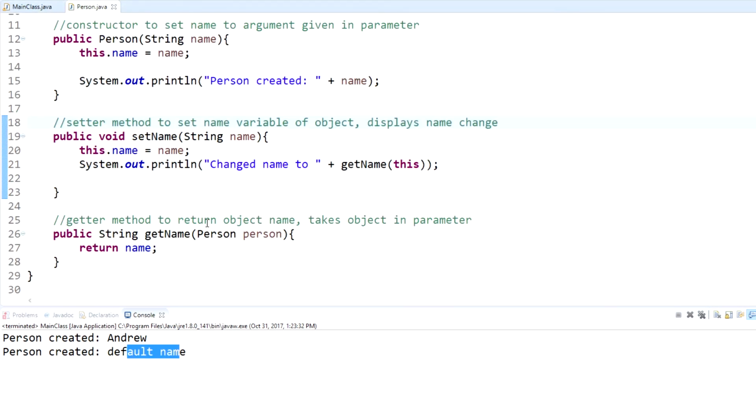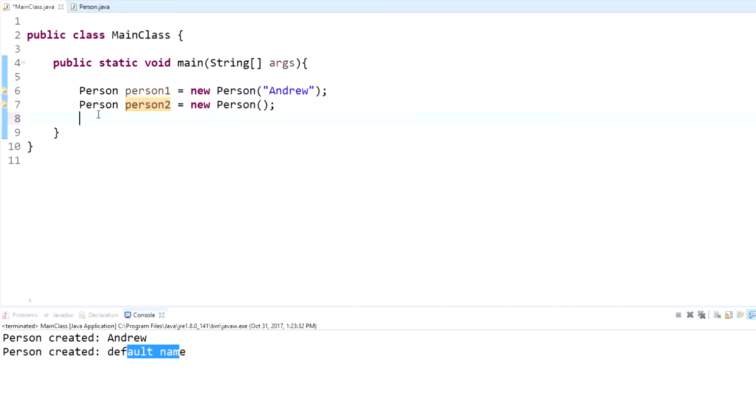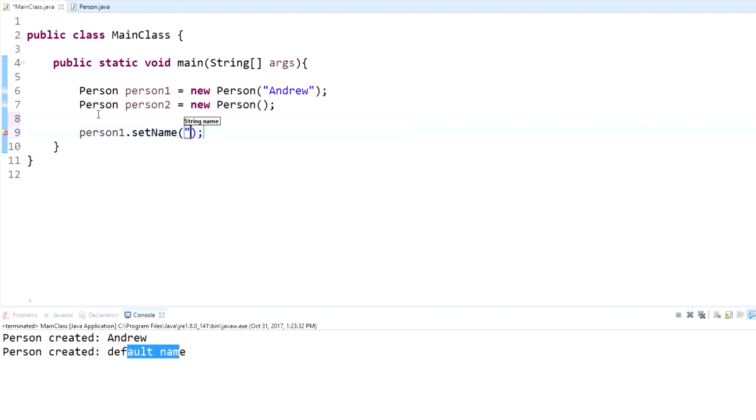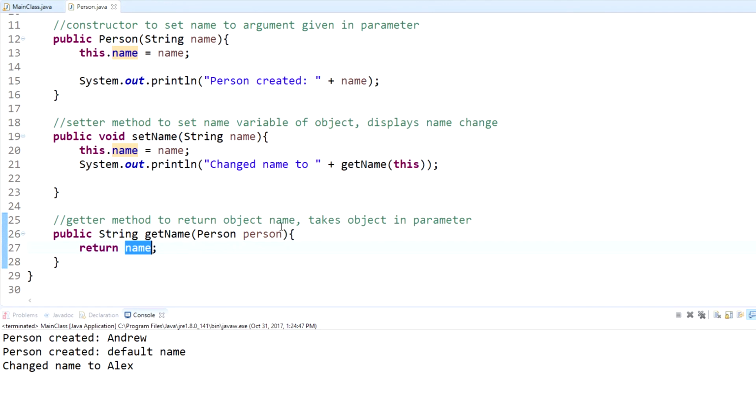Now what I want to do is set name. So we're going to do person1, refer to that object, and go to set name, and that takes a string. So we'll just put Alex. This is more complicated than it needs to be, because in reality you wouldn't need to call another method to return the name change, but I'm just doing it to show you how you can use